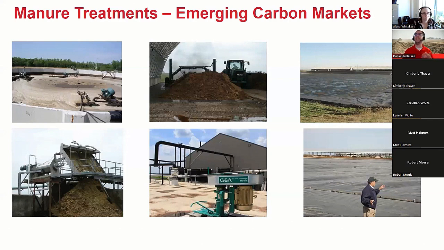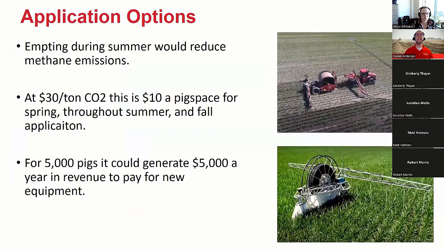And while my pictures here don't immediately show what that means, one thing that I think could help us do this is some of these emerging carbon markets. And we've heard a lot of talk about emerging carbon markets, especially related to anaerobic digestion, which you can see in those bottom two pictures on the right, and how that might work for methane capture and recovery. And certainly there's a beautiful carbon market there. But just as exciting for me is maybe there can be some carbon credits for applying our manure both spring throughout the growing season in the summer and the fall.